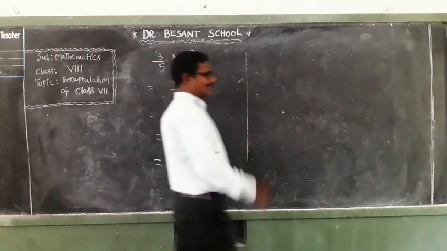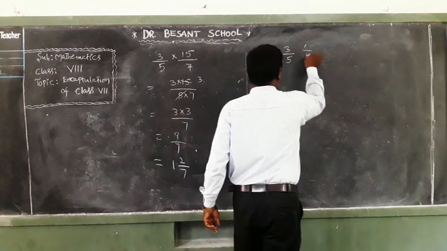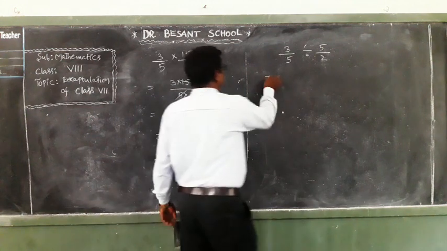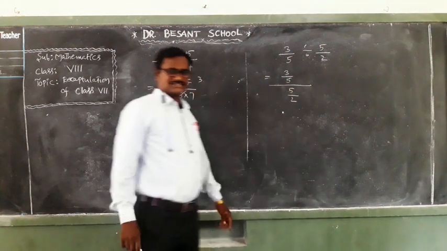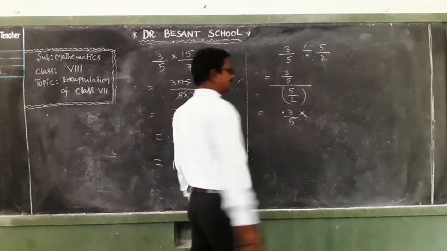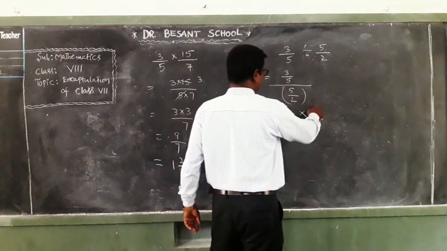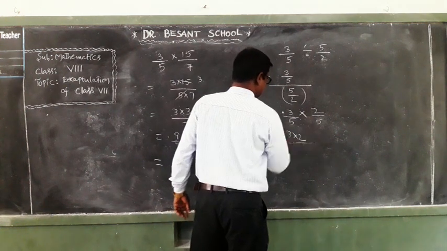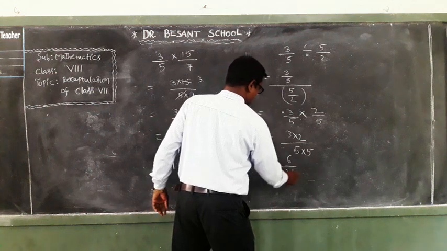And also we learned division of fractions. This is 3 by 5 divided by 5 by 2. Which means 3 by 5 is divided by 5 by 2. Okay children, this becomes 3 by 5 into 5 by 2 reciprocal, which is 2 by 5. When you send 5 by 2 to the numerator it becomes 2 by 5. So 3 into 2 by 5 into 5. 3 2s are 6, 5 5s are 25.